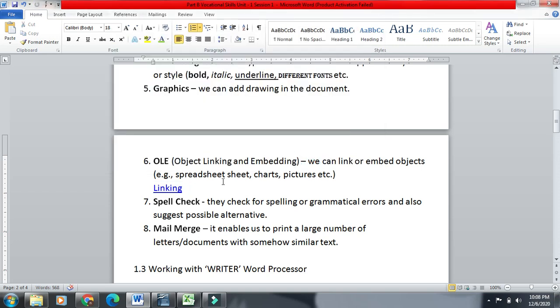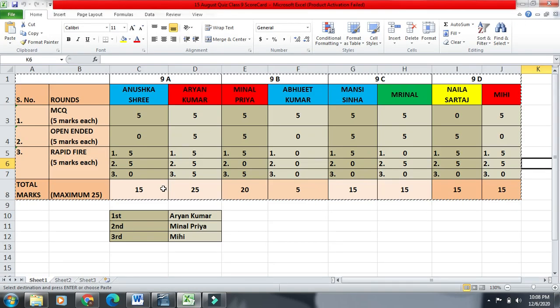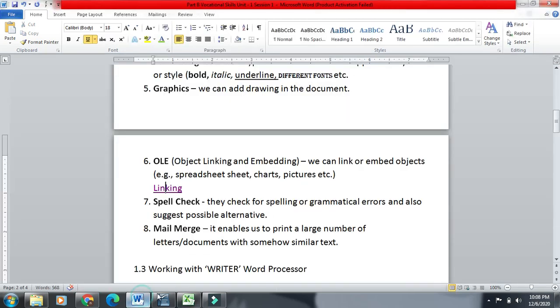So I have linked this. When I place my mouse cursor here, it will ask me to use control and then follow it. So I will press the control key, it will become a link, and then I will click here. So we have just now linked our main document to a spreadsheet.